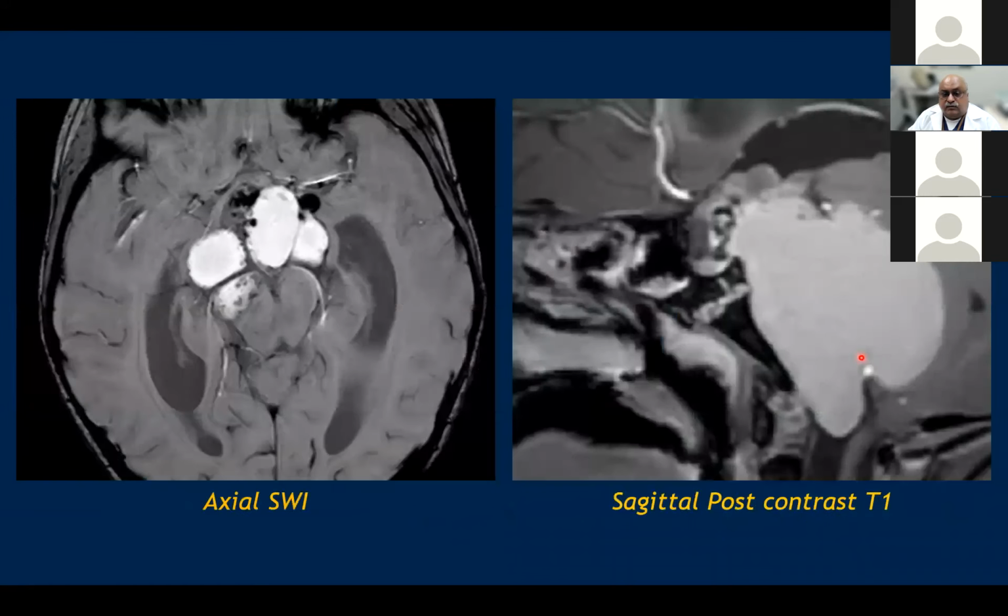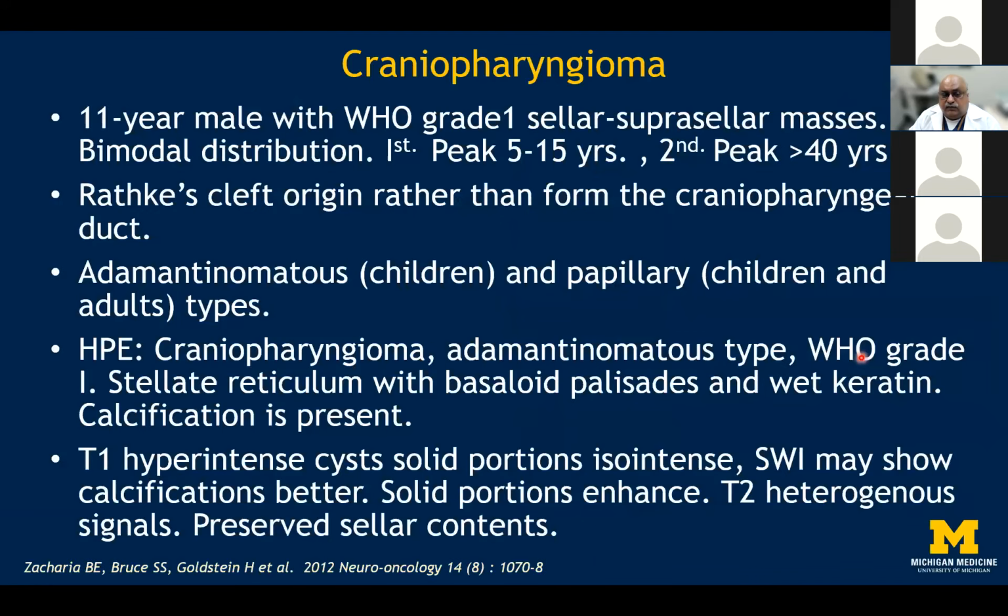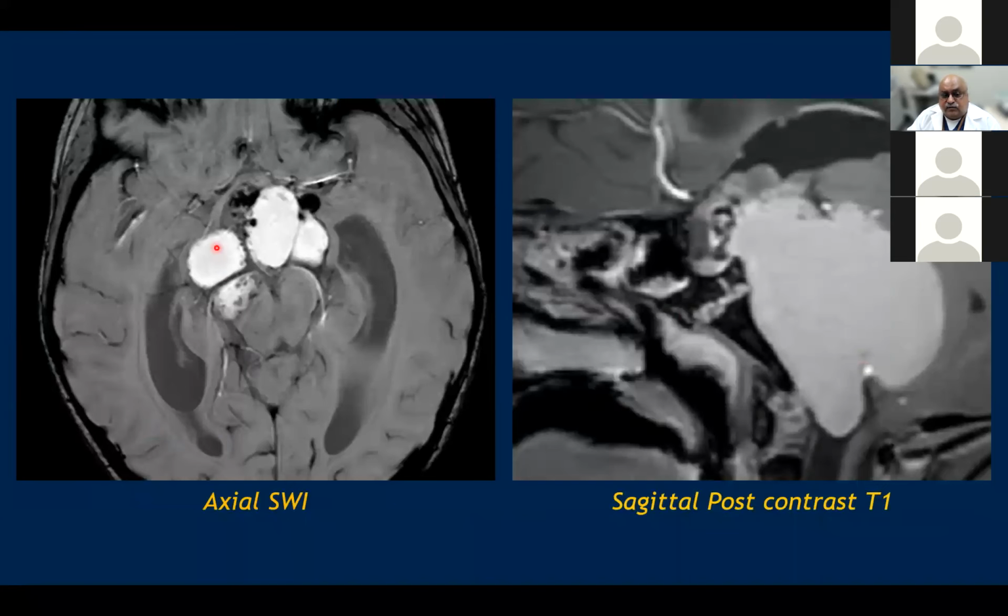This was a commonplace craniopharyngioma. One can see in this SWI sequence, which I provided, that there were areas of hypointense signals, which were seen in the more solid component of the lesion. There was preservation of the pituitary gland as well here on the post-contrast sagittal images, which was a clue that